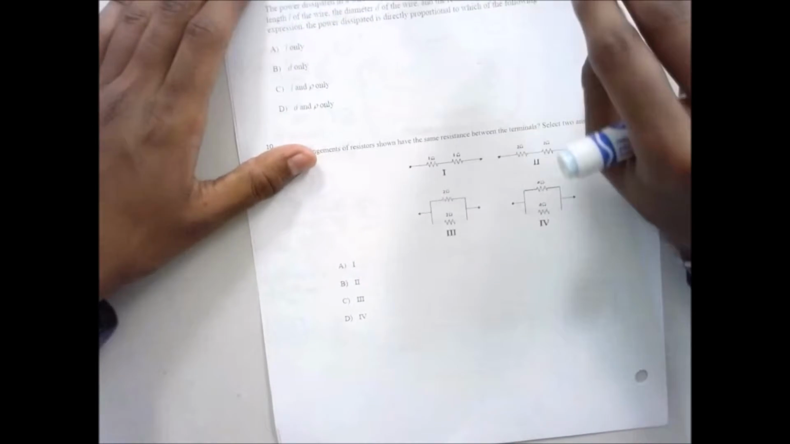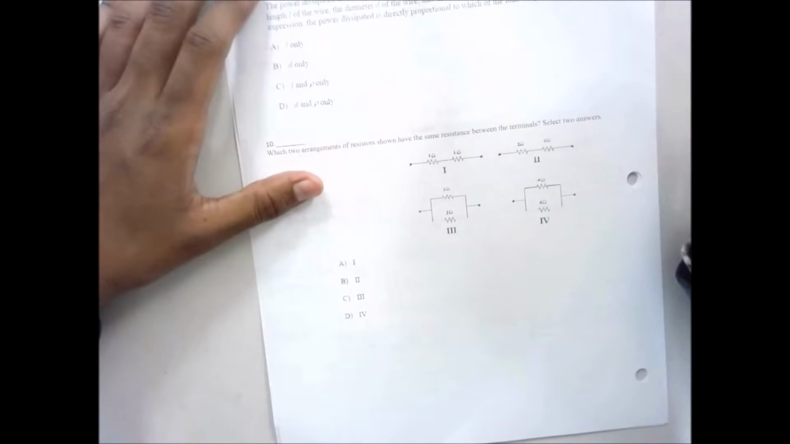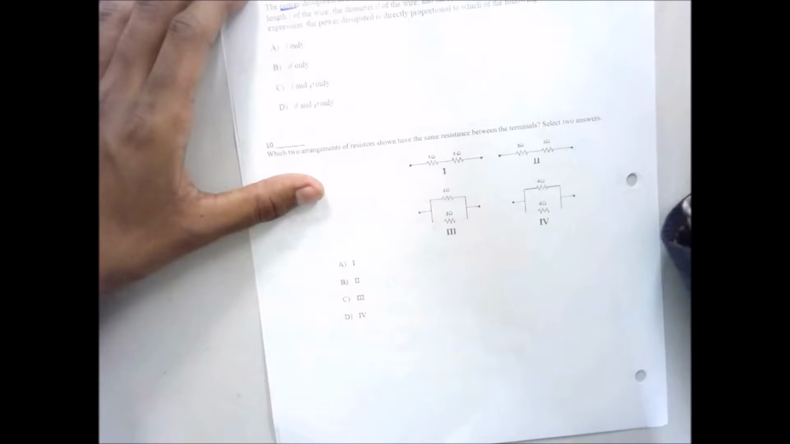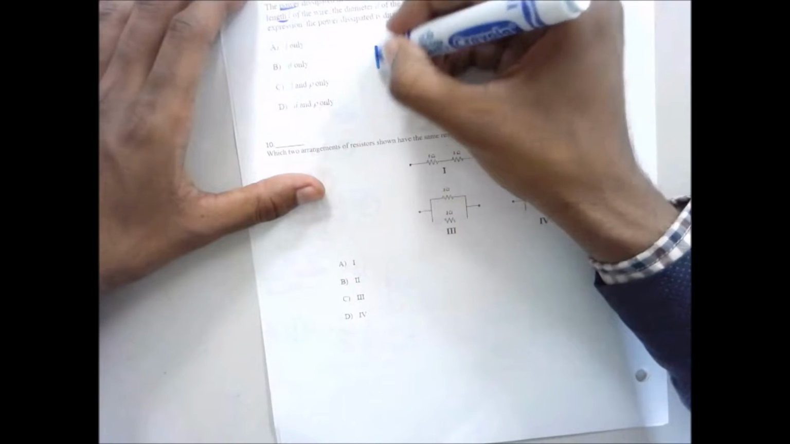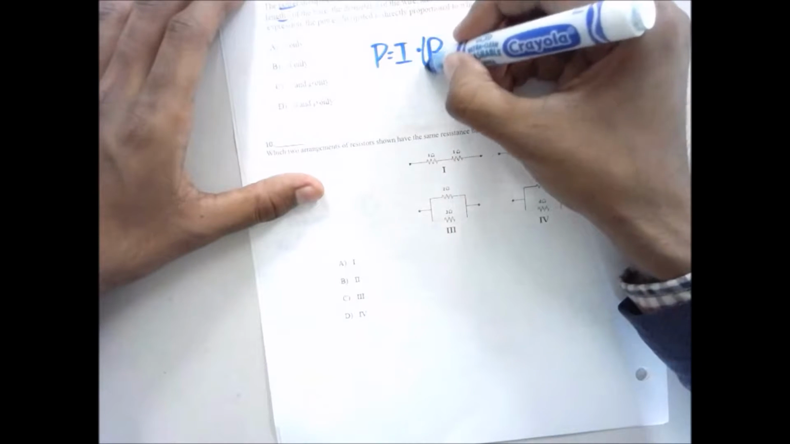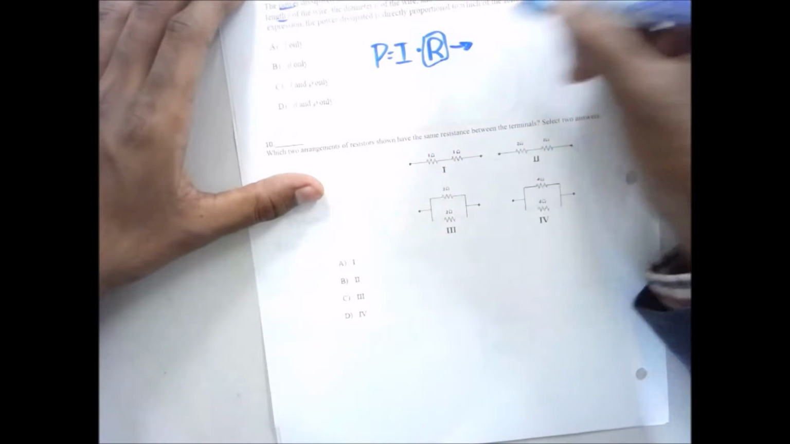Power dissipated in a wire carrying a constant electric current may be written as a function of the length L of the wire, diameter d of the wire, and the resistivity ρ of the material. In this expression, the power dissipated is directly proportional to which of the following? Okay, that's because P is equal to I squared times R. Now let's take a look at R. R is going to be equal to